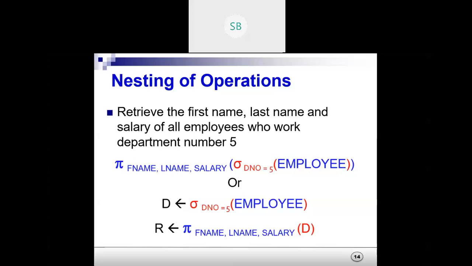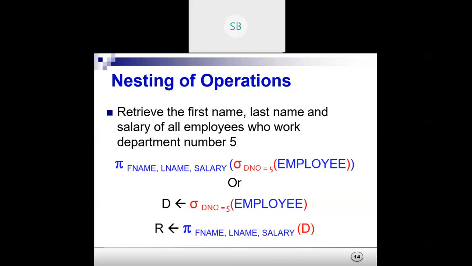It is selecting only those rows where employees work in department number 5. It produces the results of only those employees who work in department number 5 and filters out all other departments, right?